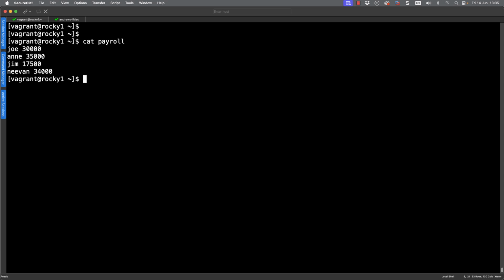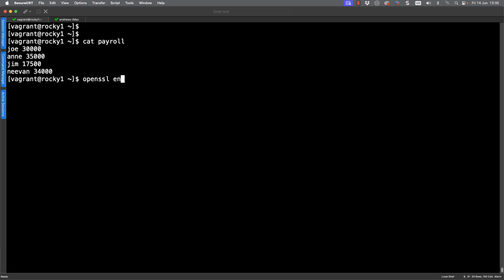Sure, I can protect it with my file permissions. However, if someone maliciously gained access through the admin or the root user, then they're going to have access to every file within the file system. So this really is not enough. So for sensitive files like this, we can consider encrypting them, and we can use standard tools.